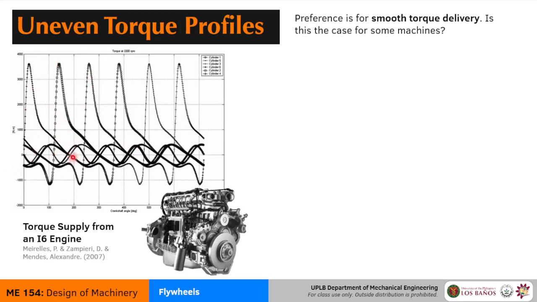These are the torque profiles that are generated from a single cylinder overlapping each other. If you want to get the full picture, you have to add up all these curves so that you get the total overall torque profile that the crankshaft of this engine is feeling. There is really no escape from this kind of uneven torque input, and that is inherent to the design of a reciprocating piston cylinder engine.